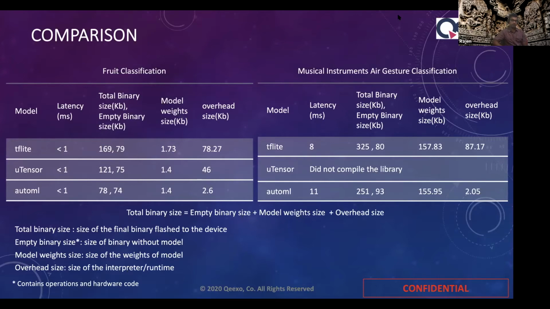Second thing is that the classification performance does not change because we are using exactly the same model. So the classification is the same. There is no change in the classification performance, and there is no change in the latency. That's why they are not being captured here, because it remains the same. What we are comparing is just the size of the model at the same latency and at the same performance level.